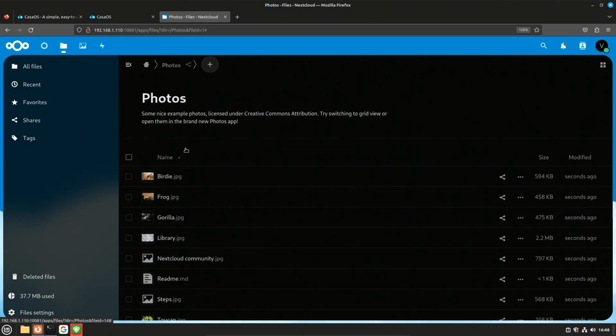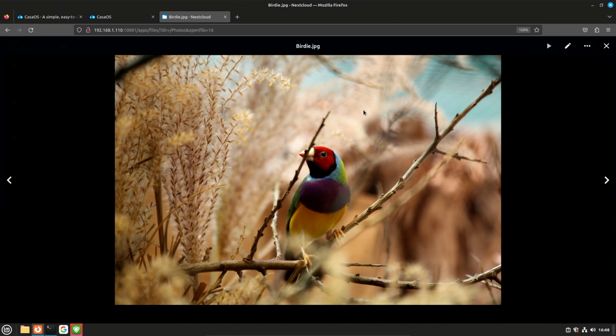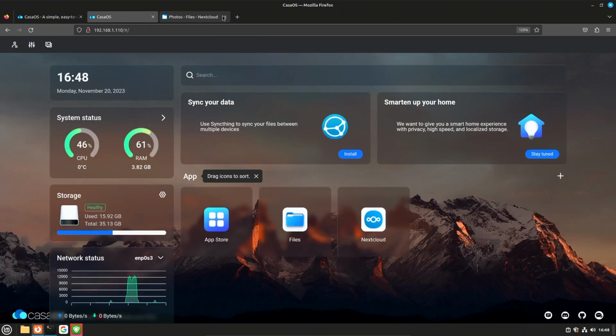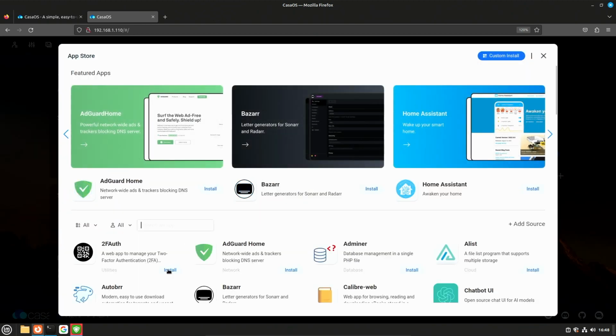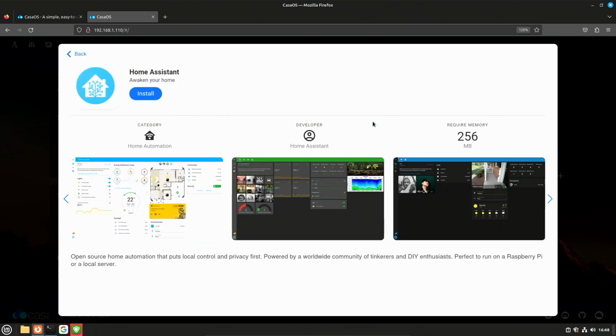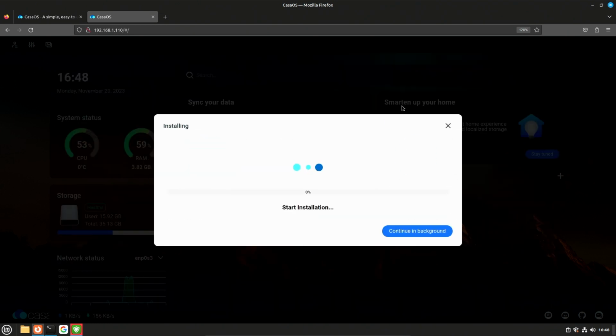Okay, so I guess these are stock photos I got in there. It's a pretty bird right there. Anyhow, so it definitely does work, and you can see just how quick that response was. So if we went to set up something else, never played with Home Assistant, we could install it. Let's just try that real quick.